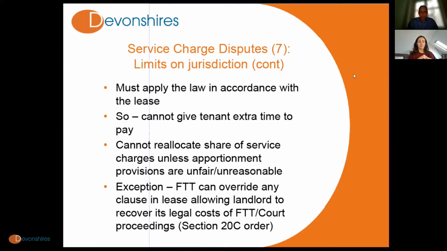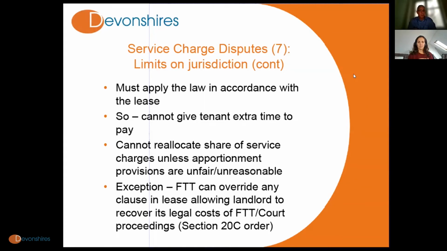One of the exceptions to that, though, is in relation to legal costs that arise in the First-tier Tribunal, particularly in relation to those costs being passed down through the service charges. This is often referred to as a Section 20C order. The First-tier Tribunal does have discretion to effectively override a provision in the lease which allows the landlord to recover its costs of dealing with a dispute, for example, in the First-tier Tribunal,